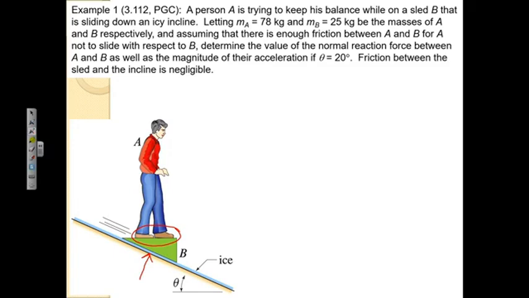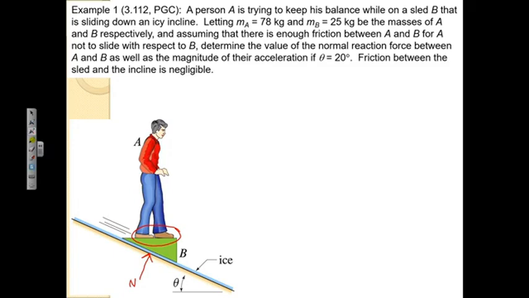This would be N. Then I'm thinking, I don't need to treat these guys as two particles. You told me he's not moving relative to the block. So I could say the acceleration of A is equal to the acceleration of B. If they're moving as one unit, you're not asking me the normal force between them or the frictional force between them. You're not asking me about anything between them. Then I can just jump to one system. Solve it, you're good to go. In this case, we're not so lucky. I'm asking you for that force between them, so we do have to separate this thing.